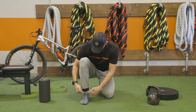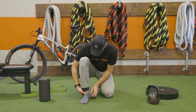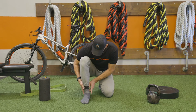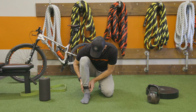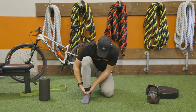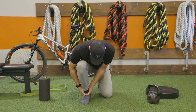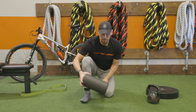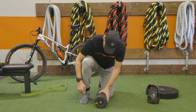We talked about already that navicular, right? That bone that's in there, you can go in there and feel. You feel your two malleoli, your medial and your lateral here, you kind of come forward, you'll feel where that navicular is. It's right in the front here, and that's what gets pretty stiff at times. So I can press into it with my thumb, but what I've come to figure out now is I actually can put